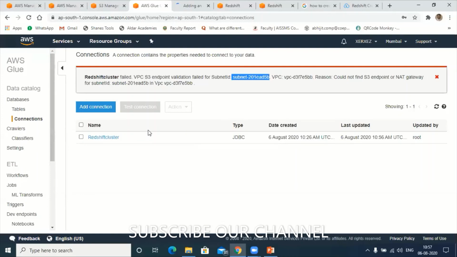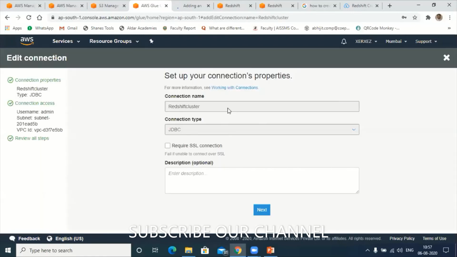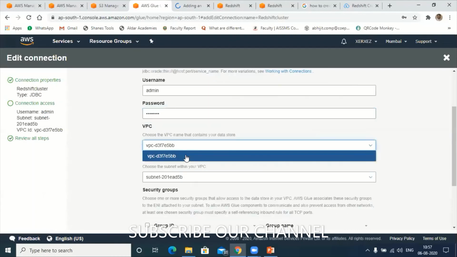Okay, so let me again go to the crawler test connection, edit connection. Next, admin, and give the password admin123. Next is VPC, the same default VPC.